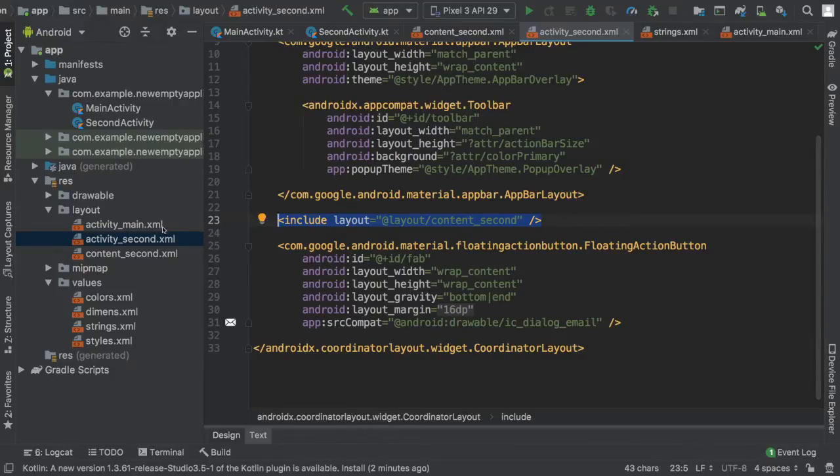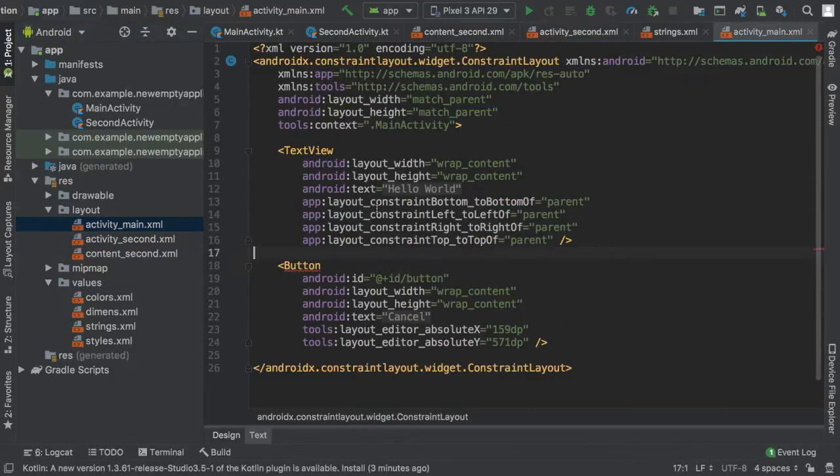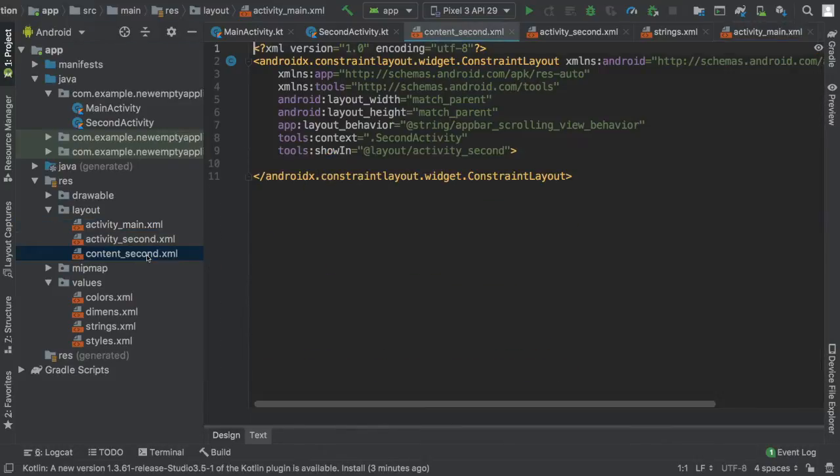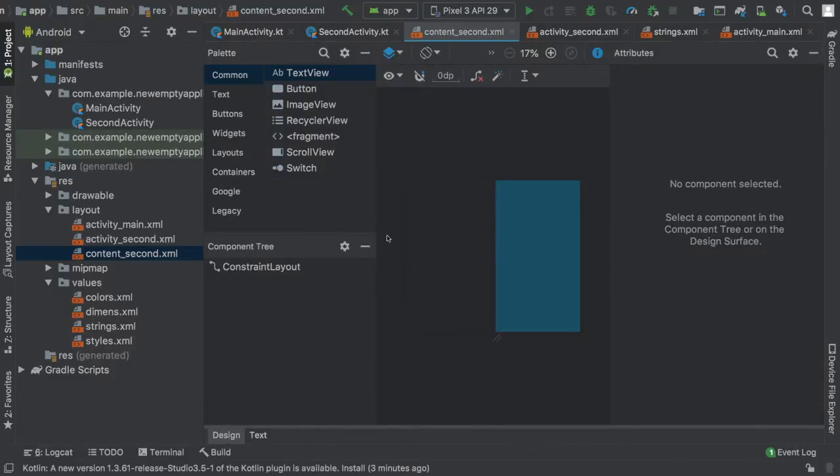The first activity was a basic activity without any action buttons or anything. You need to put things yourself, whereas the second one has this kind of a split. And then the content is empty, right? So the actual content, apart from the action button, doesn't exist, right? So if you want to add something here, like we need to add those two buttons. So I would say